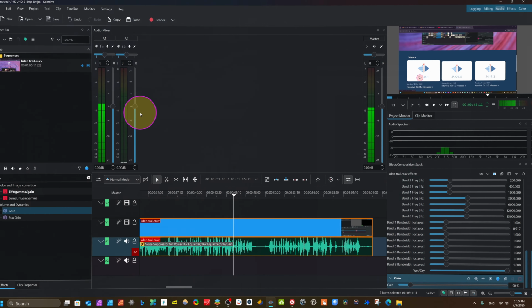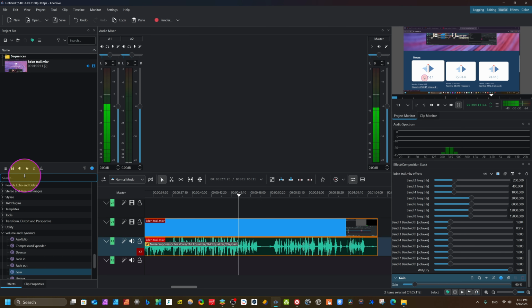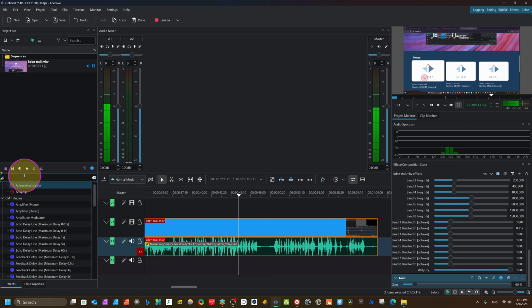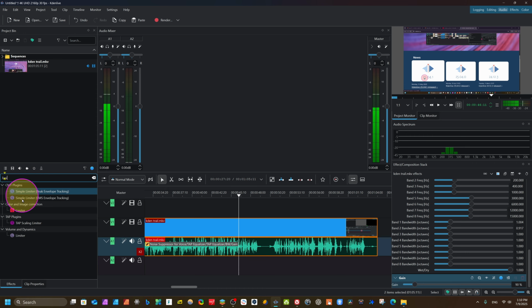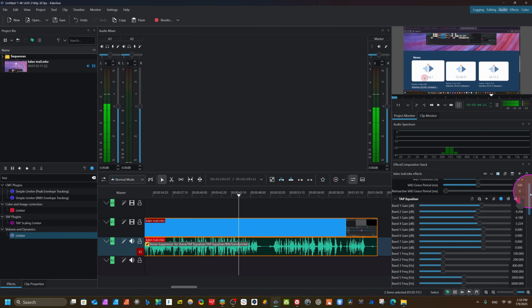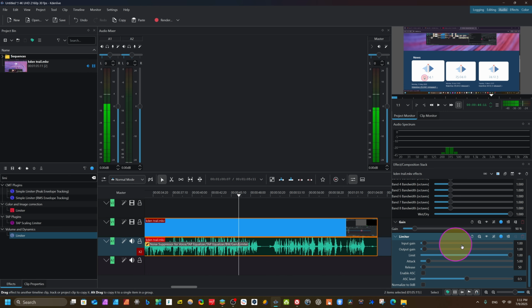Now let's come to our last effect. Just type here. Our last effect is limiter, and limiter is a very important part. Here you see limiter for color grading. We need limiter for volume and dynamics. Just click here and drag it to our audio track, and now we'll come down here. You can see limiter, input, output gain, limit. Actually limiter is the main part of audio. If you have an attack in your voice, when you speak very loudly, when you have emotions, then the mic takes the loud sound and distorts your audio quality.